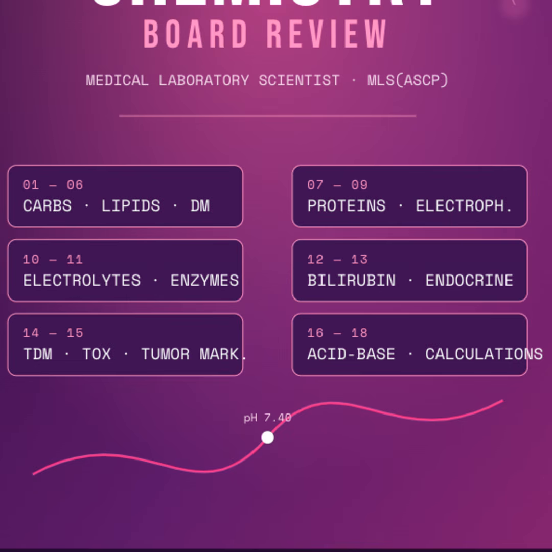The fundamental principle running almost every chemistry analyzer is spectrophotometry. It relies on Beer's law. Beer's law states that the concentration of a substance in a solution is directly proportional to the amount of light absorbed by that solution and inversely proportional to the logarithm of the transmitted light. In simple terms, more color means more concentration, which means less light makes it through the tube to hit the